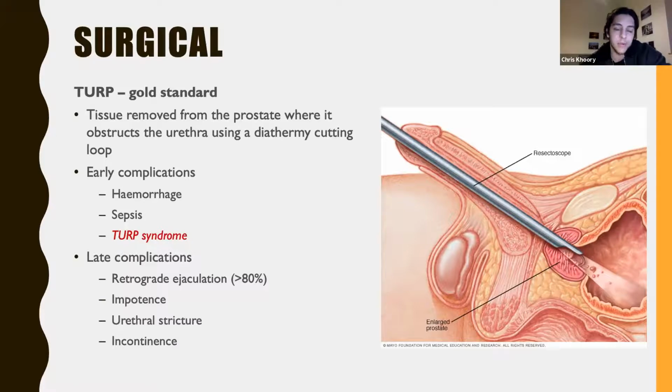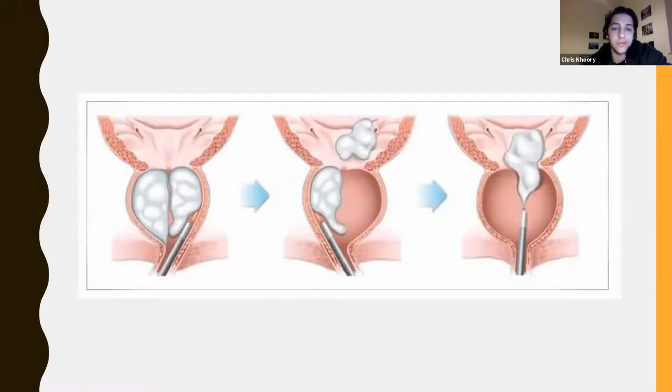And then some late complications. So retrograde ejaculation is very common, where the ejaculate goes back into the bladder. Impotence, strictures, and incontinence. There are also some newer options for treatment for BPH, and most of these are only